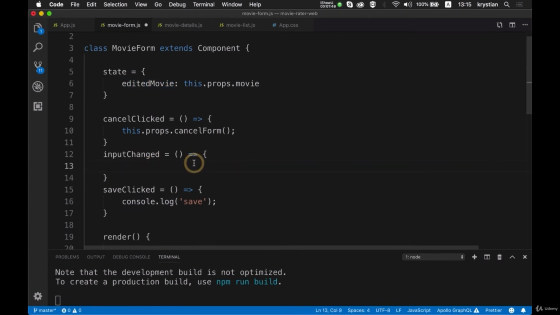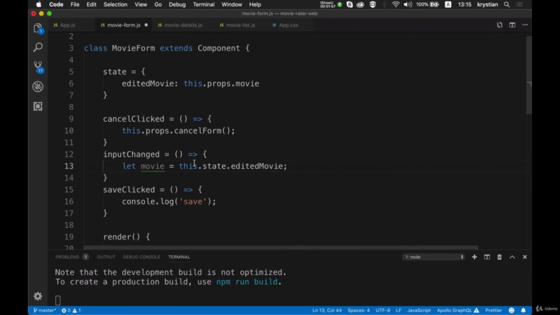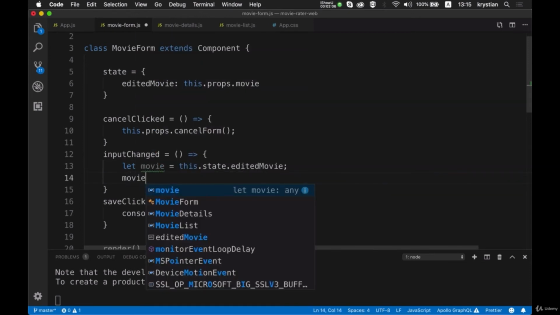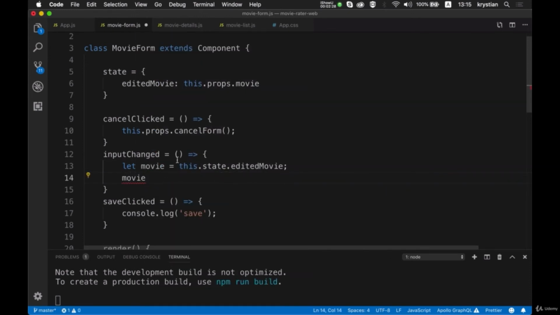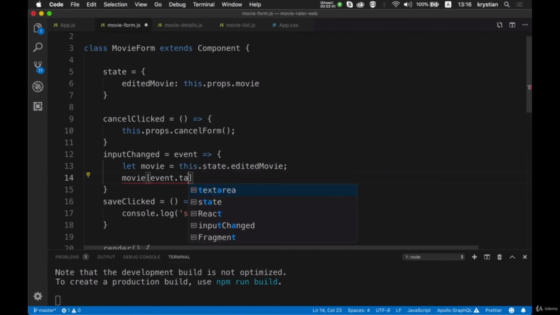And what we can do here is we can actually change this. So let's create a local variable movie, and we will do this state here. So basically I create another variable here from the state, and then what I can do is movie, and we'll have access to the event, and I will need to include that event because the input change will be passed with the event. So what I can do here is event target,